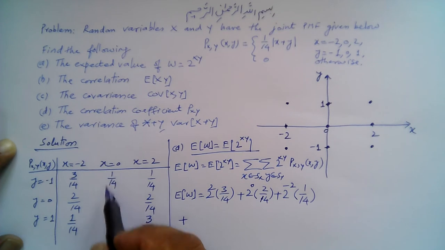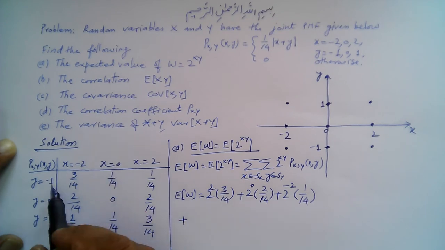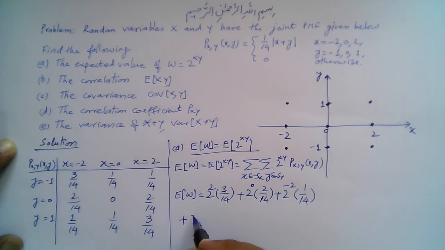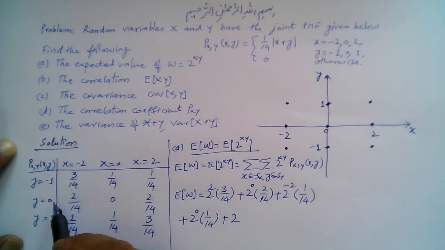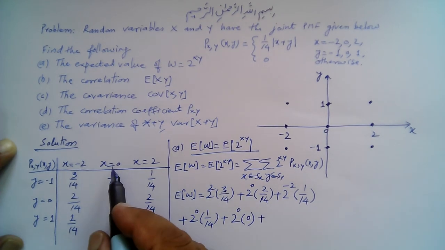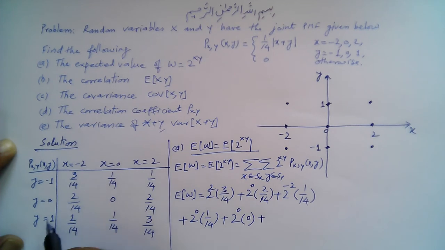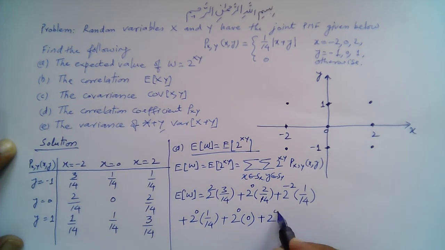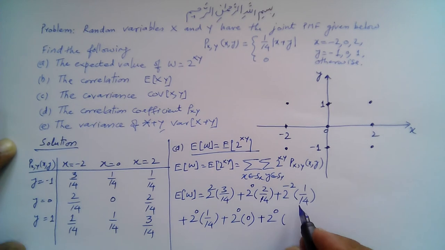Let's now use this column, so x is equal to 0, y is equal to -1, so this should be 2 raised to the power 0 and 1 over 14, plus 2 raised to the power 0 multiplied by 0, this is 0, and the corresponding value of probability is also 0, so plus 2 raised to power xy, 0 multiplied by 1 is 0, so 2 raised to power 0, and the corresponding value of the probability is 1 over 14, plus